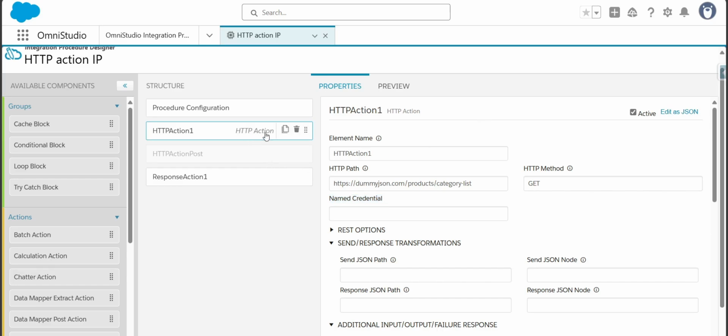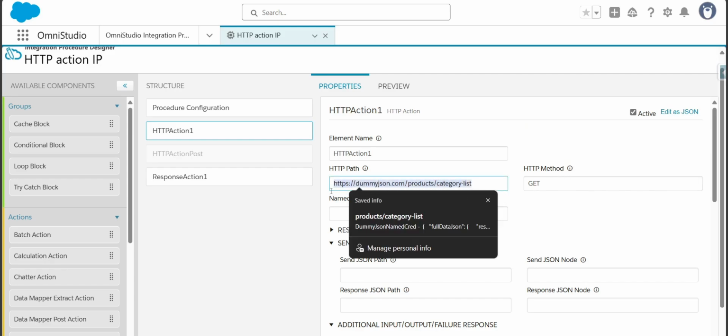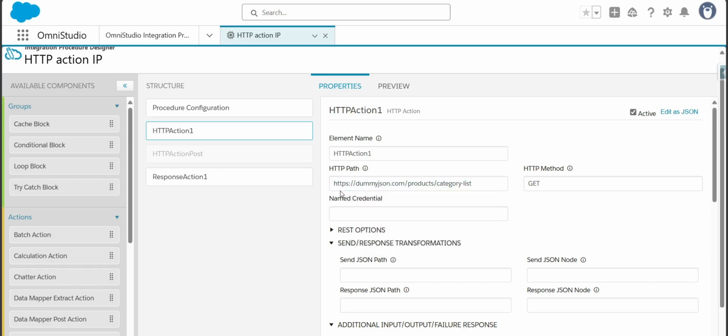So in the last session, I showed how to use the HTTP action, and with this HTTP action we can call out to external systems. REST callouts we can perform like GET, POST, PUT, and DELETE. Those HTTP methods we can use, and in the HTTP action I directly used the API endpoint to get the category list of the products, but today I'll be using a named credential. A named credential is nothing but a way to make authenticated calls to the external system. That needs to be configured, so I'll configure that first, and we'll use that named credential in this